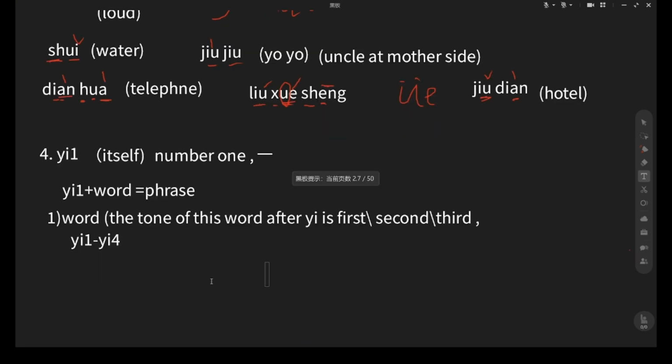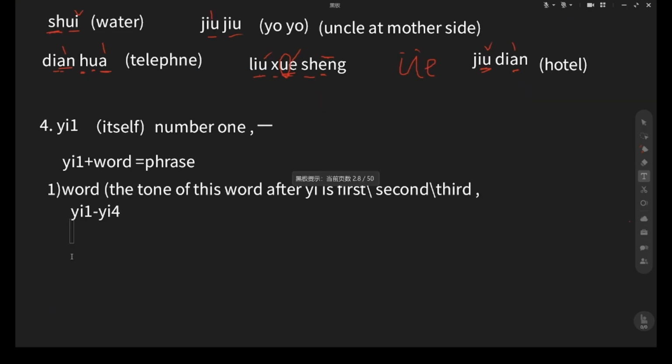I say it again. E and other words together form a new phrase. And when the tone of the word after E is first, second, or third tone, this E changes to the fourth tone. For example,